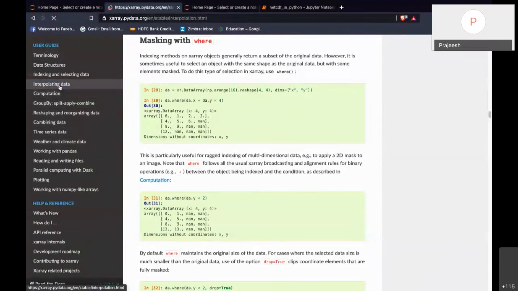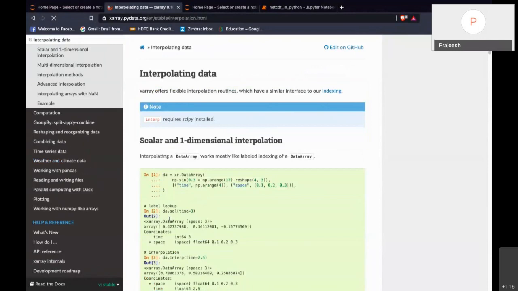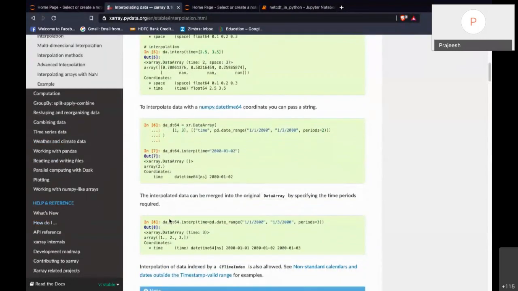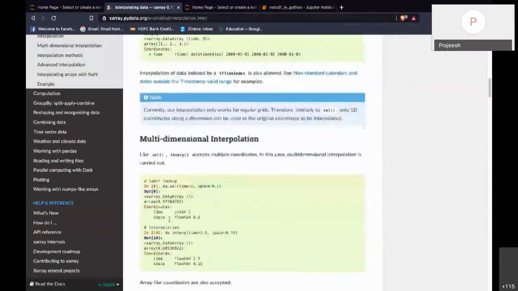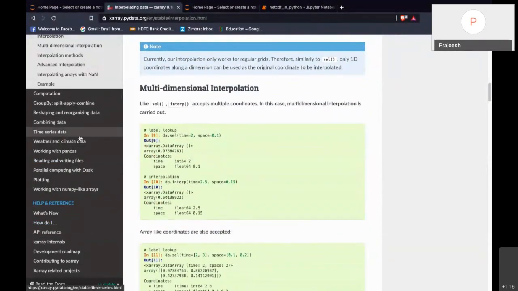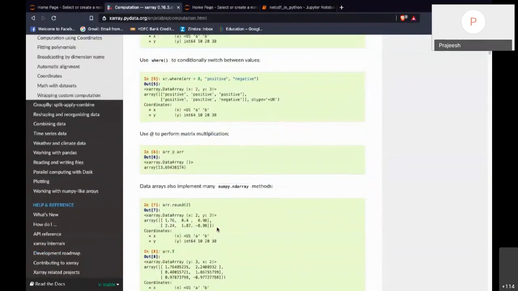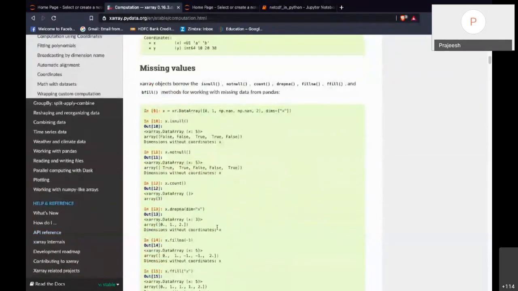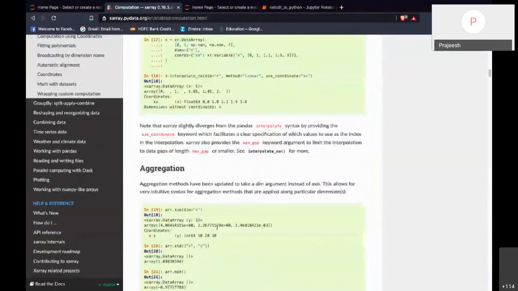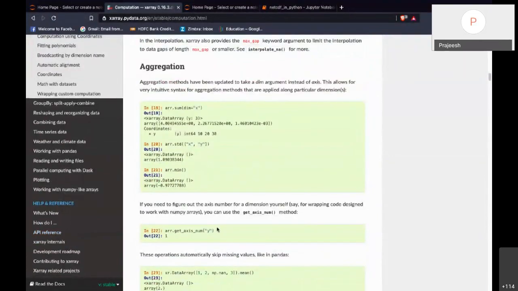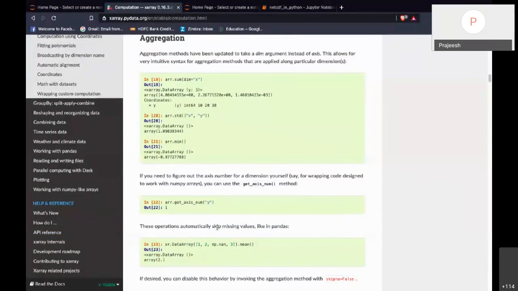You can do simple interpolations also in this, nearest neighbor, etc. kind of interpolations are also doable. You can do reshaping of data sets, and small computations are also available. Like you can do basic math, and you can get mean, minimum, and such information directly.